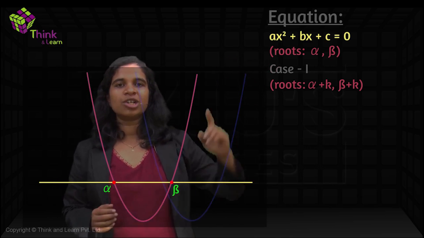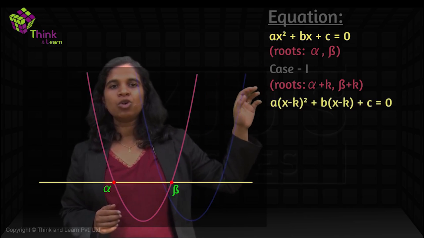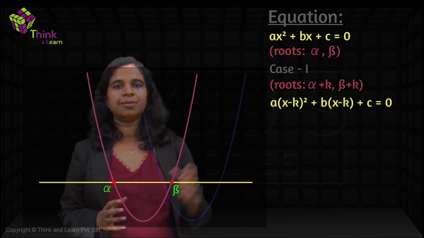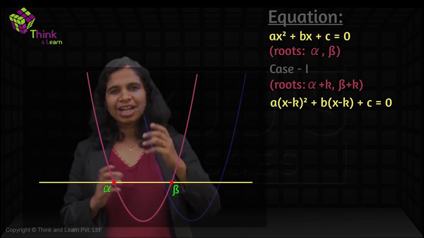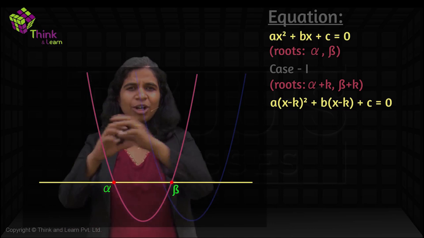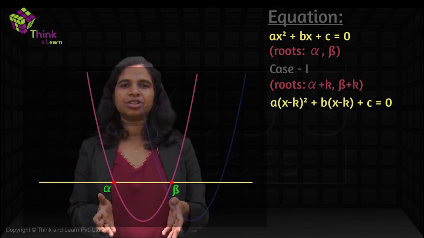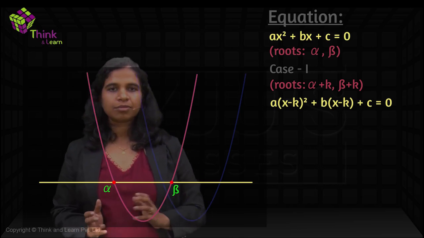So if your original equation was ax squared plus bx plus c, the new equation will be a into (x minus k) the whole squared plus b into (x minus k) plus c. That's it. It's the same thing that we saw. There's nothing new we are learning here. We unnecessarily have different topics because we don't typically relate things, right? Once you start relating things this way, you don't need to learn this. I don't need to teach you this. You already know it.